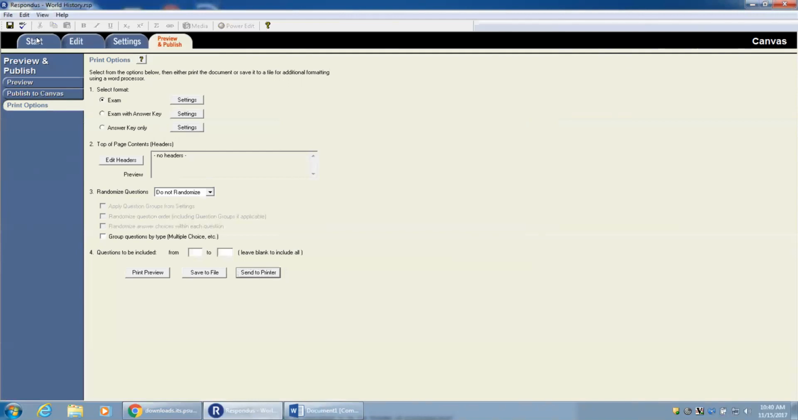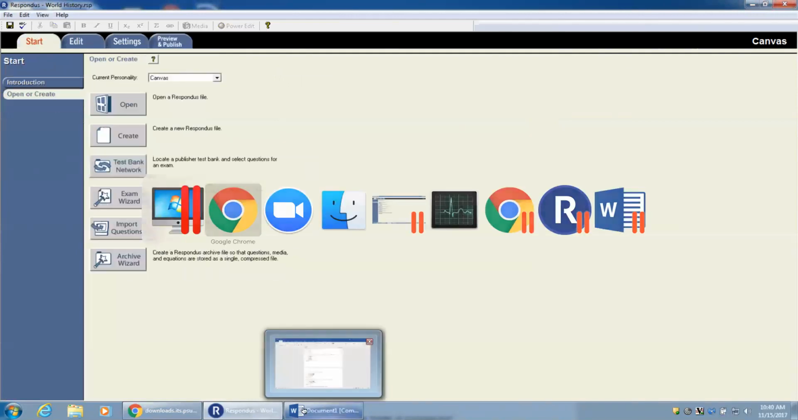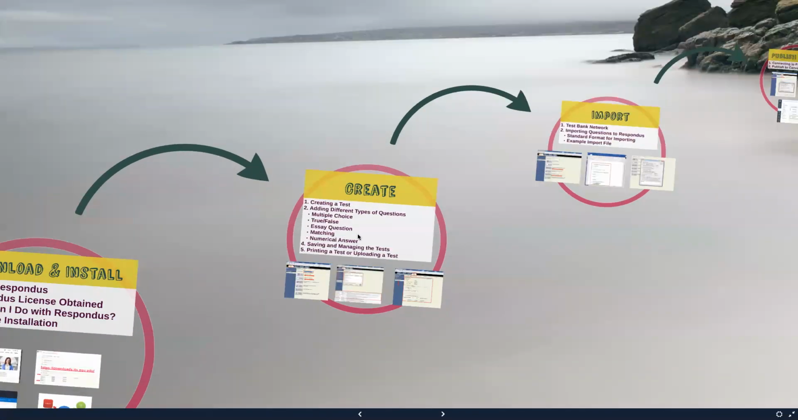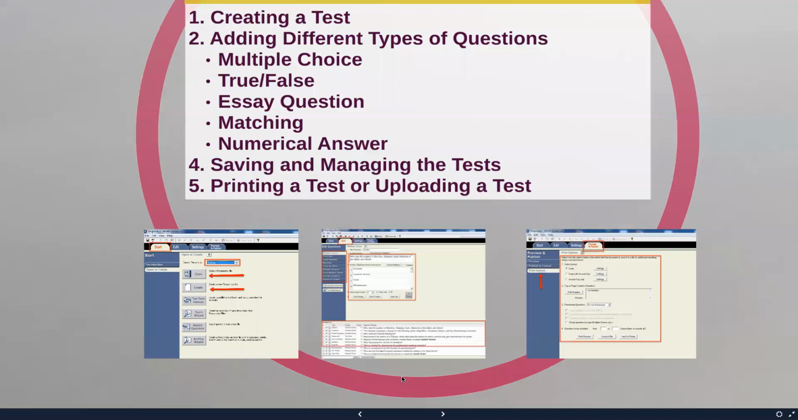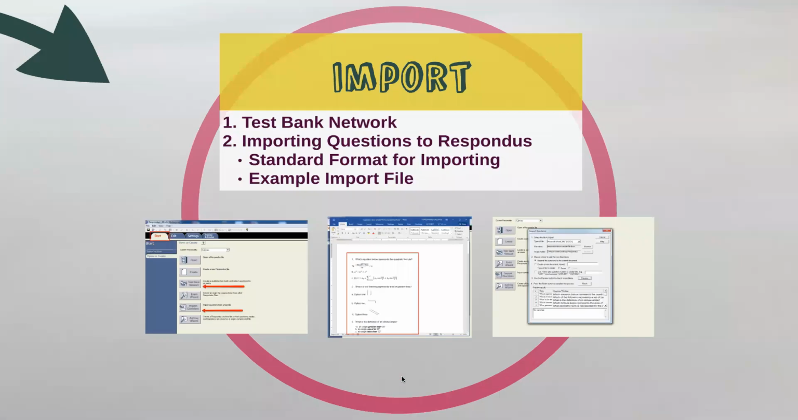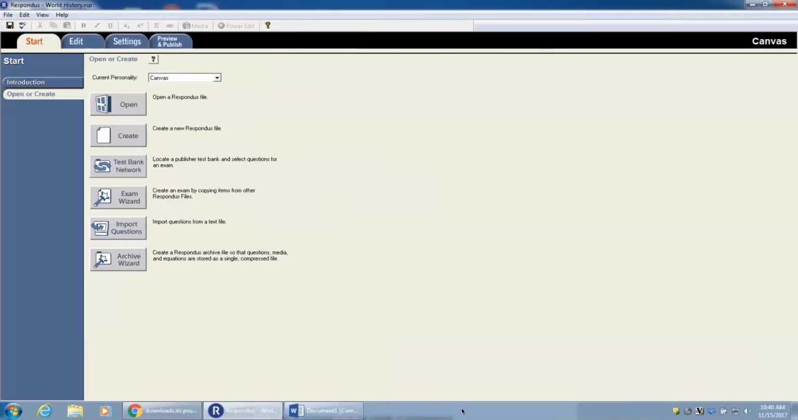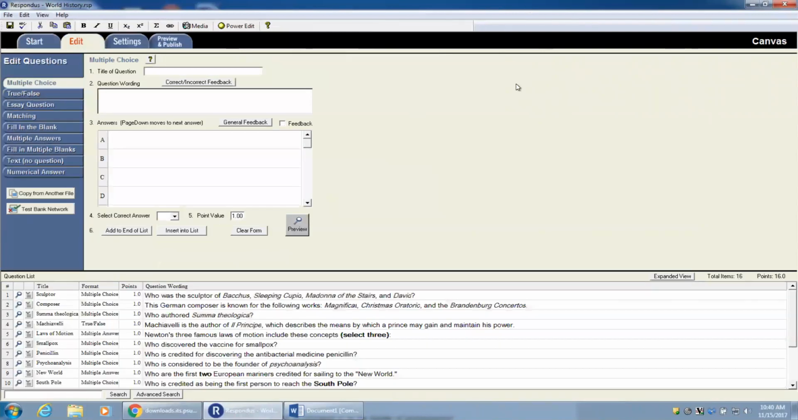Now, the next thing we're going to go over, we already went through the creating part. The next one is going to be importing questions. And as you can see, the process may be very tedious in terms of creating each question one at a time. Now I'm going to show you quickly how you can create questions by using